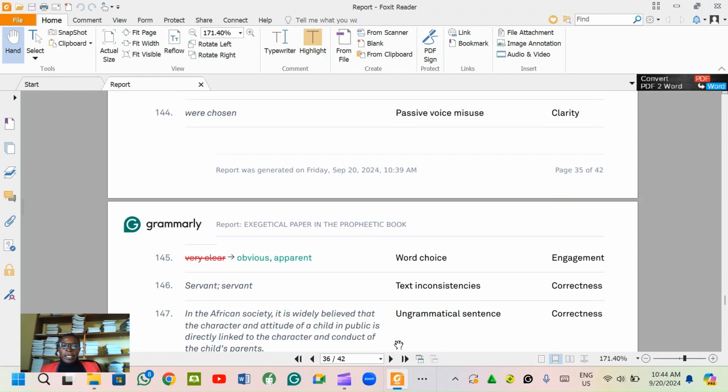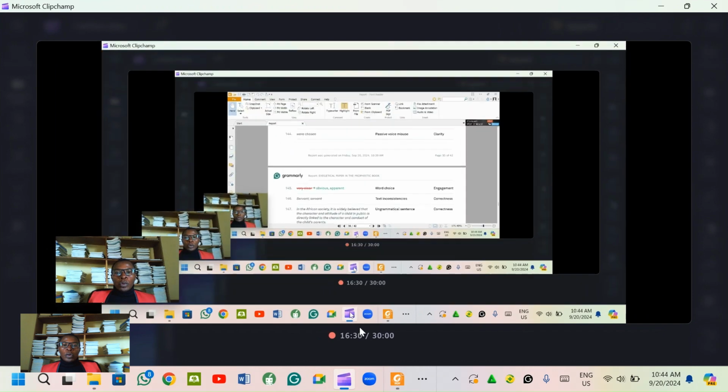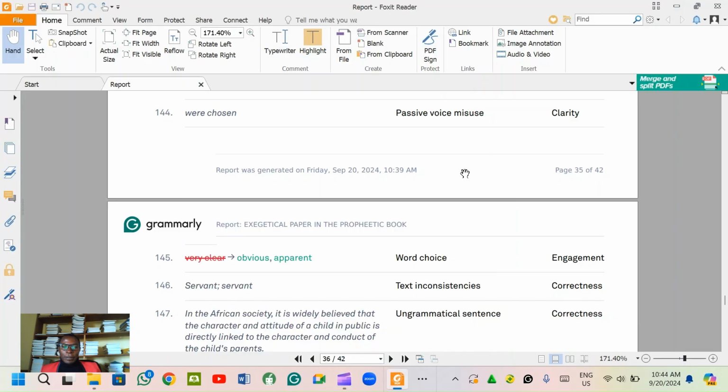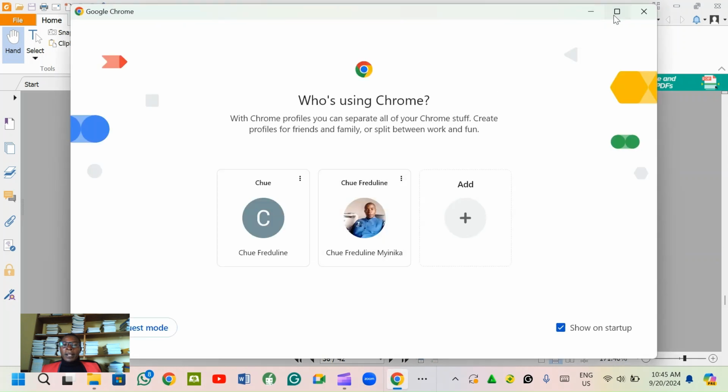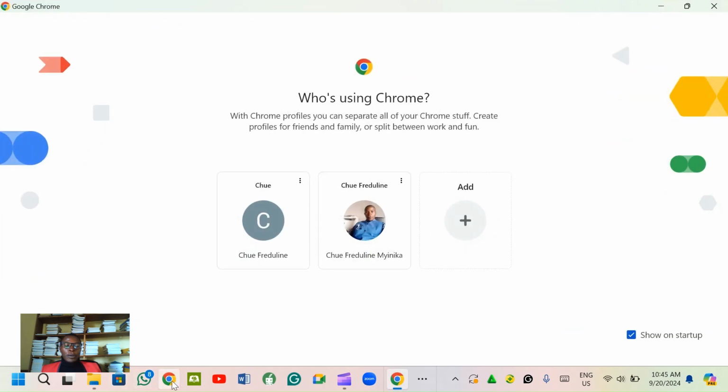So this is how you do your Grammarly report. Remember that you can't do it when you are working on Word. You can only do a Grammarly report by launching your browser and